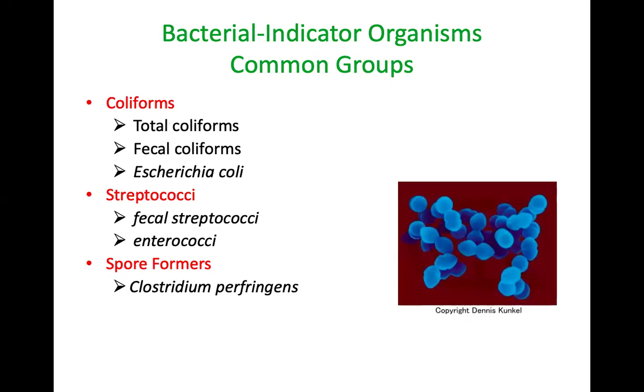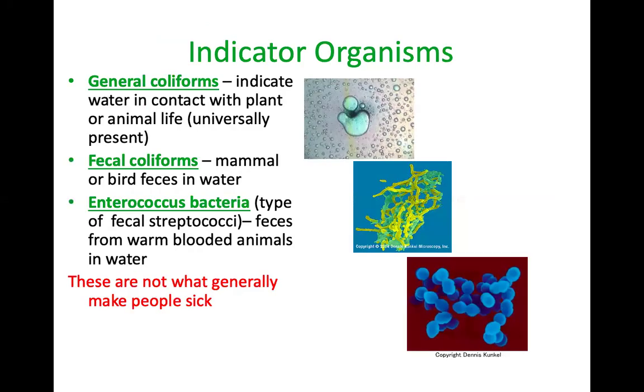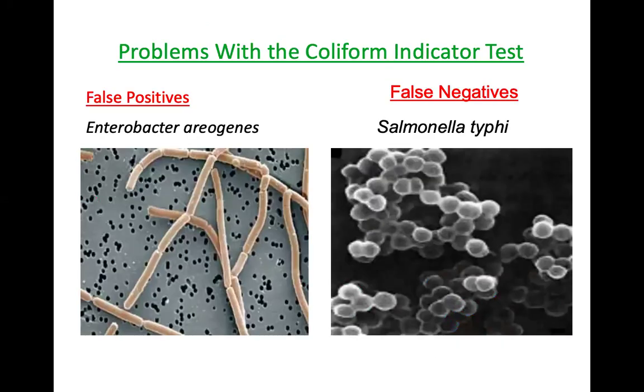So the other bacteria that are used as indicators include total coliform, fecal coliforms, and E. coli. If E. coli, like I said, is present, then we are looking at the fecal streptococci, enterococci. Then we can even go a step further to look for spore formers. But I must also be quick to say that there are problems with the coliform detection if not